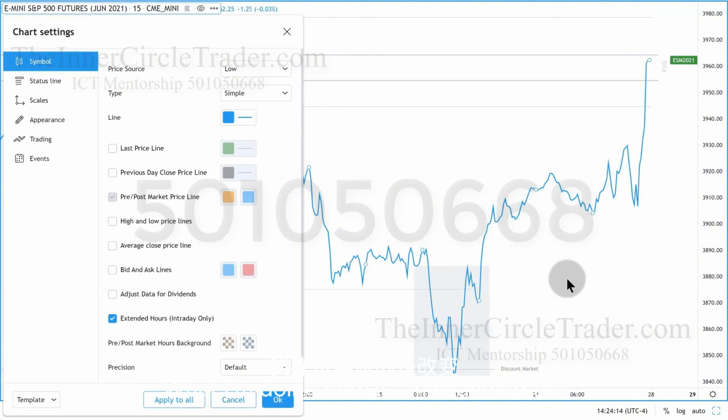What I'm doing here is I'm changing the S&P to a line chart. Okay, and you can do that by touching on the TradingView chart here on these three little dots, and you go into the settings and click on the symbol. On the price source, you want to set it to low. That's the only thing you need to change. You don't need to do anything else with anything on this window here. You're just changing the price source for a line chart,